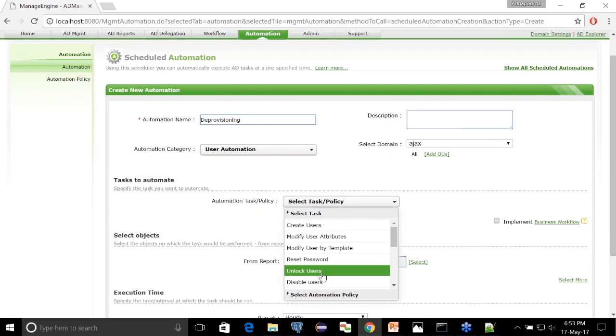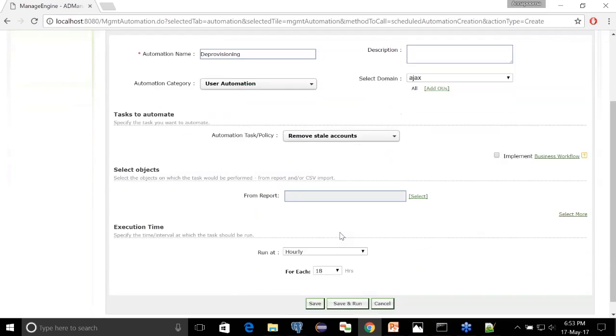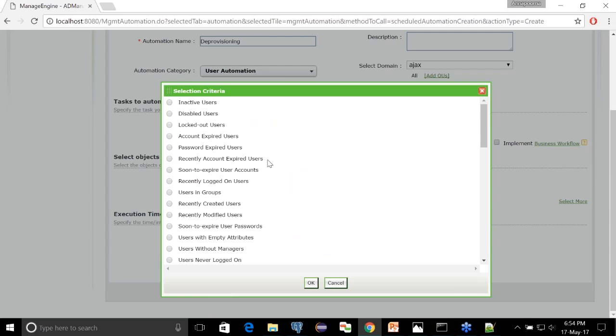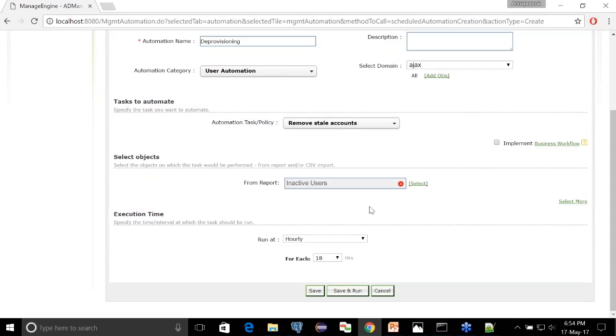Now the next thing is to map this automation policy with your automation. I'm going to create a new automation. Let me name this automation as deprovisioning. So this is going to follow user automation category, and then I'm going to choose the automation policy, remove stale accounts, and then I'm going to choose the user account from my report.